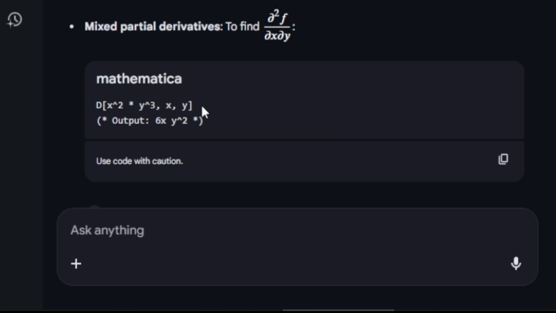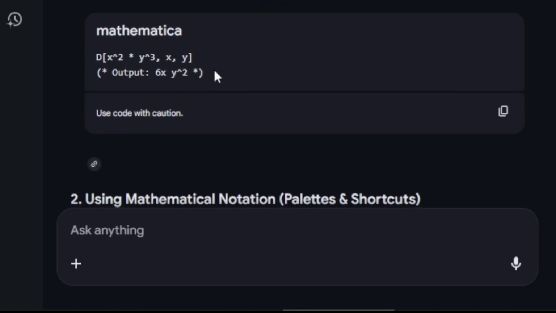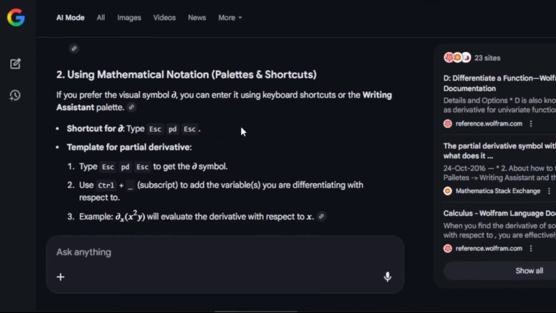So it gives me a basic code for partial differentiation. That is, this is a function, and this is the operator for differentiation in Mathematica. And here this list of x and y tells Mathematica to differentiate the given function first with respect to x and then with respect to y. So we can use